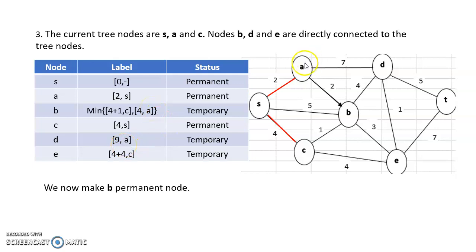For D, you have a connection only through A, and you had the label in the previous table. And for E, you have a connection through C. So from C, if you go to E, then it will be 4 plus 4. So now we're going to make one of these three nodes into a permanent node. The minimum of these three nodes is occurring over here. So B is going to be introduced as a permanent node in the next table,